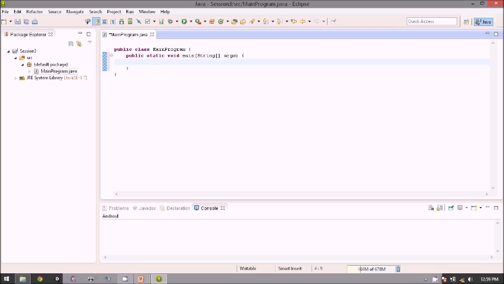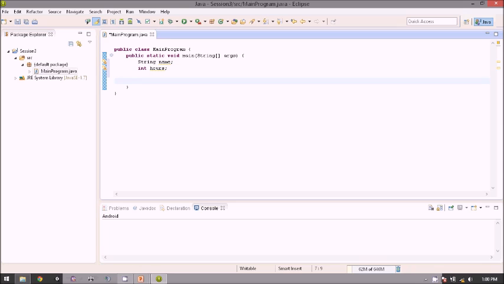Okay, now first we need a variable to hold the data. So there is two data. First is the employee name and then the work time hours. So if we want to store a name, let's just use a string name, and then we want to hold the work time hours, so we just use integer hours.